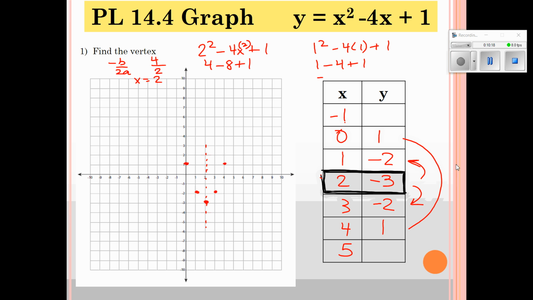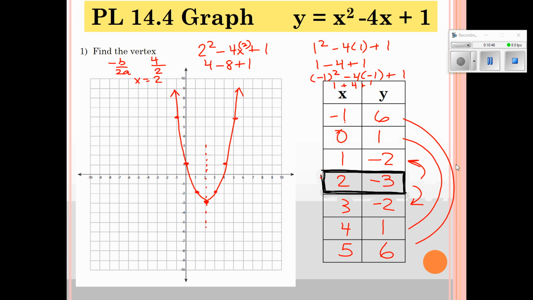If we plug in negative 1, you're going to have negative 1 squared minus 4 times negative 1 plus 1. 1 plus 4 plus 1 is going to give you 6, and that is also reflected right here. So we can graph that as negative 1, 6, and we also have 5, 6. And now we can draw our